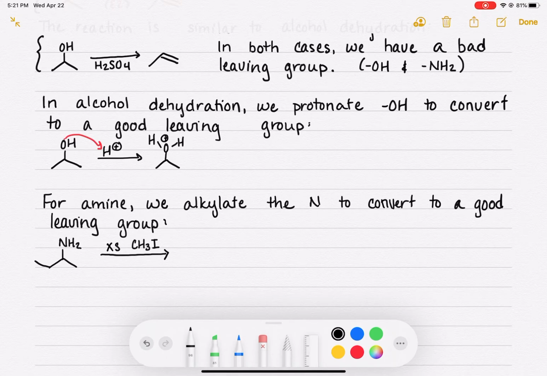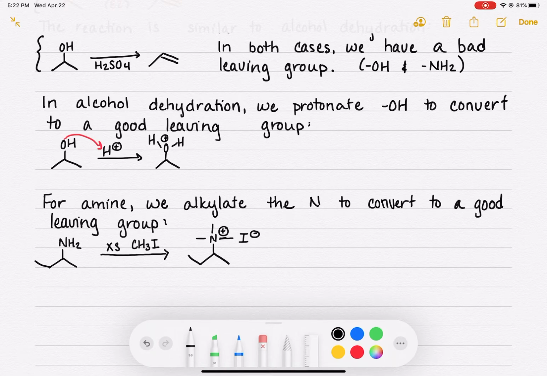So when we're loading the nitrogen up with our groups, we don't really care that much about what they are. They're just going to end up in our waste container. So we want to put the smallest possible alkyl groups on the nitrogen to minimize the steric hindrance that we're going to encounter in the reaction. So that's the reason why we're choosing methyl, and we will talk about why we choose methyl iodide specifically, because I know that normally when we're picking a halogen, we just default to bromide, so it's interesting that we're using something different. So here's the product that we're going to get, the totally